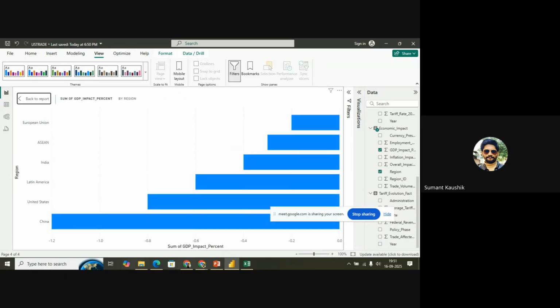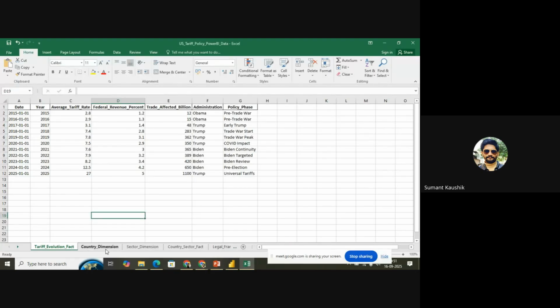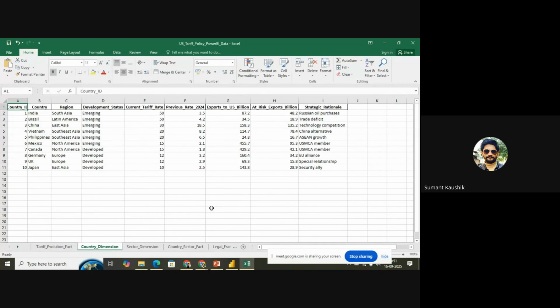So this is the GDP impact by these tariffs. If we see the tariff imposed on India, it is about, yes. So if we see the case of India,